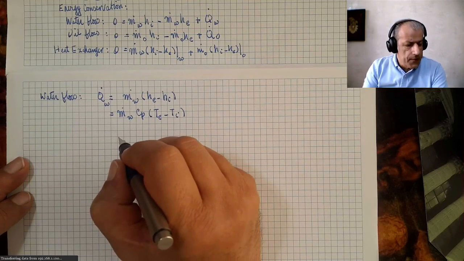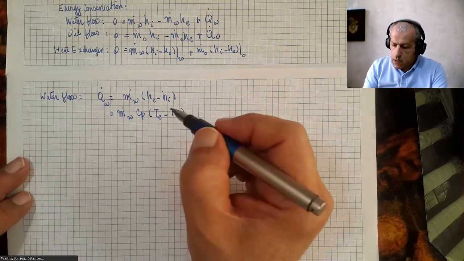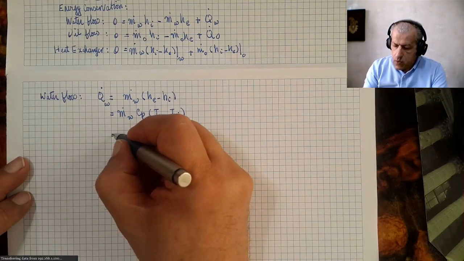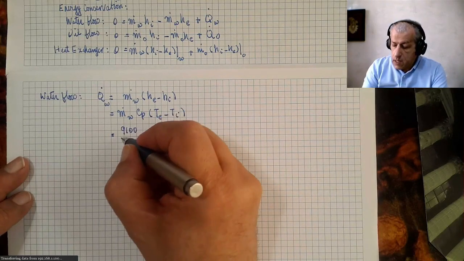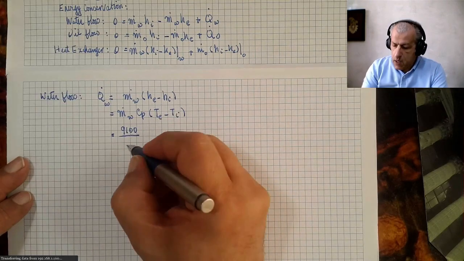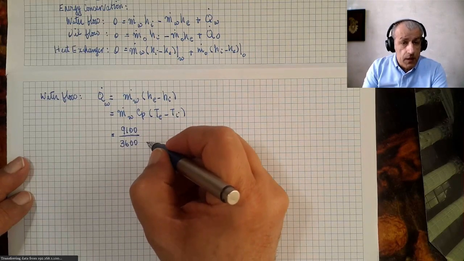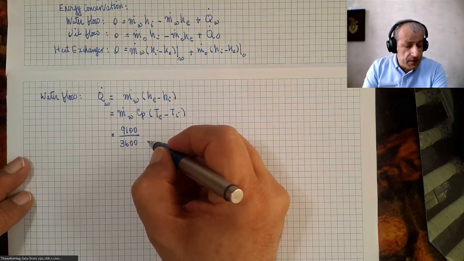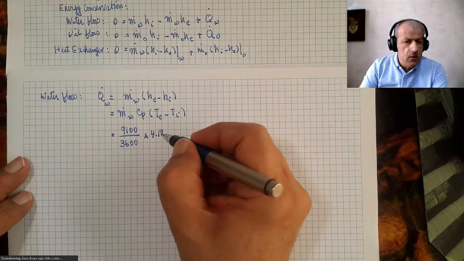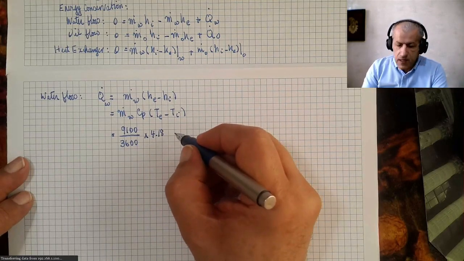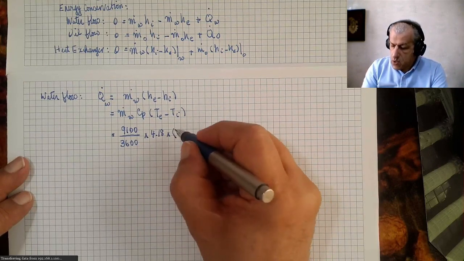Now we may insert values into this equation, which equals m dot, which is 9100 kilograms per hour divided by 3600 to turn it into kilograms per second, times 4.18, which is its specific heat, and times two temperatures, which are